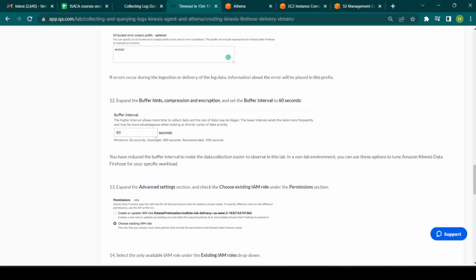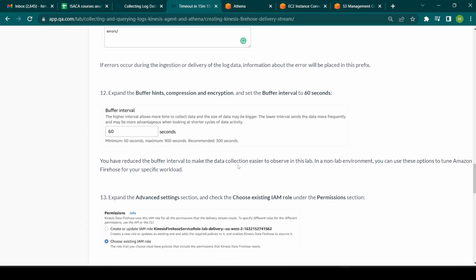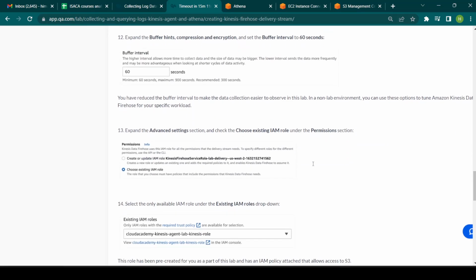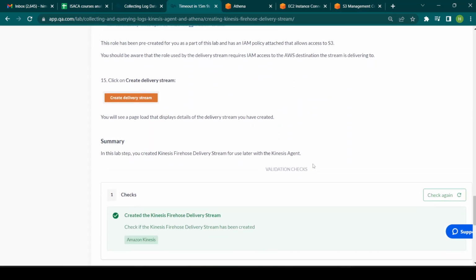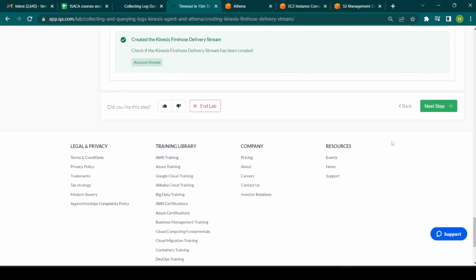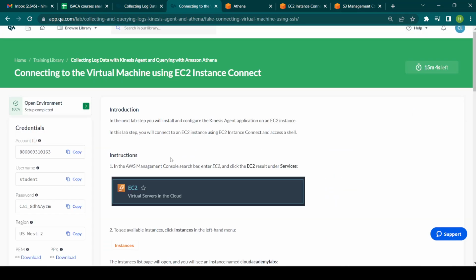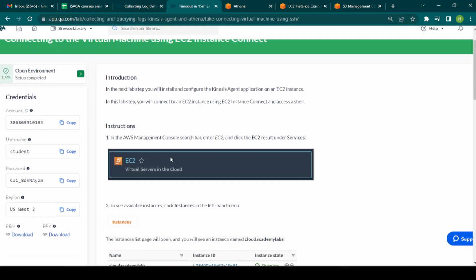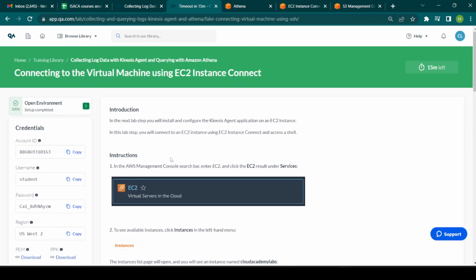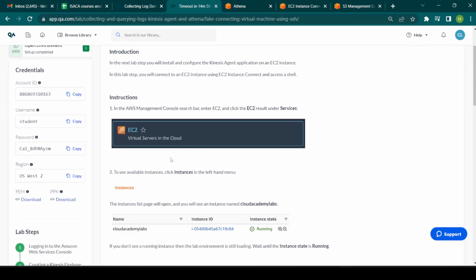Similarly, we reduce the buffer interval so that data collection is easier and we can get data faster. By this, we create a delivery stream so that our data will be stored in the S3 bucket. Now we have to create a Kinesis agent which will send our data to the S3 bucket. So for that,